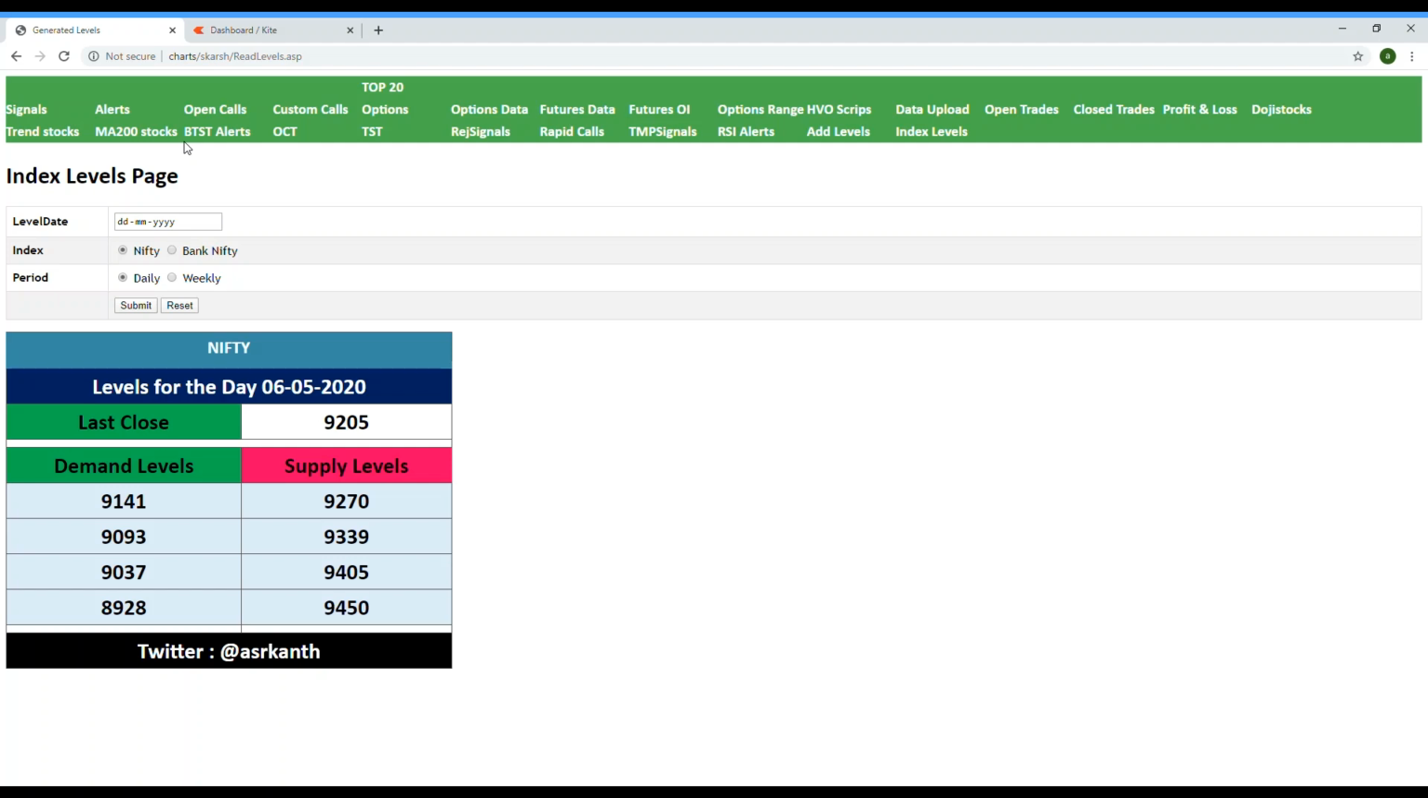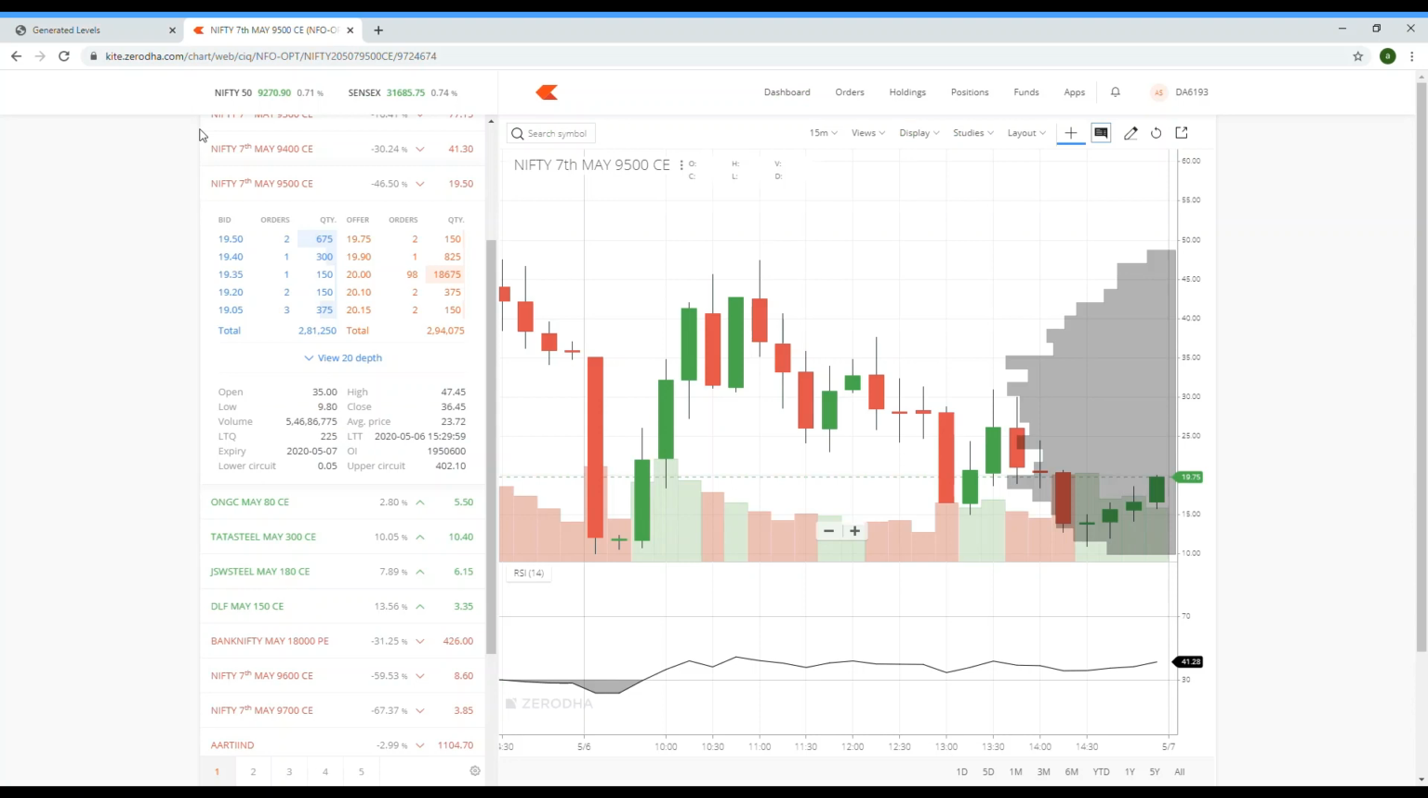So there came an idea for me to initiate a long trade on this 9500 Nifty option, which made me look at a probable right entry on 9500 CE. So this is a 9500 CE contract of Nifty. So what I looked at is,